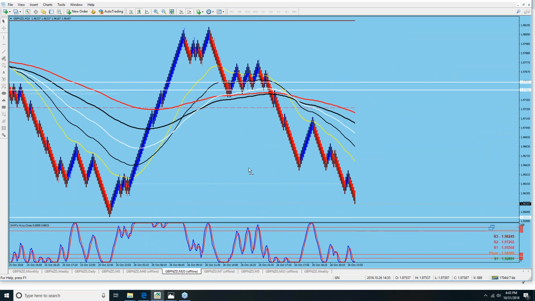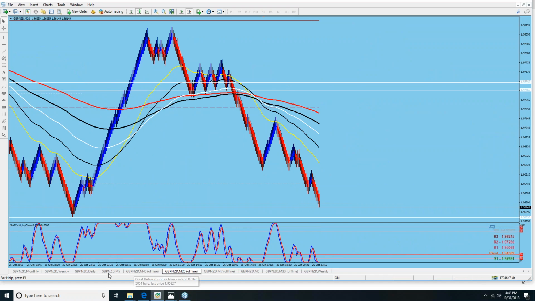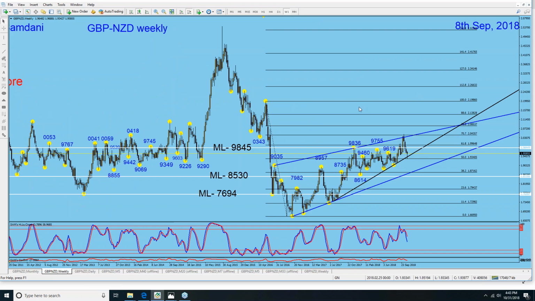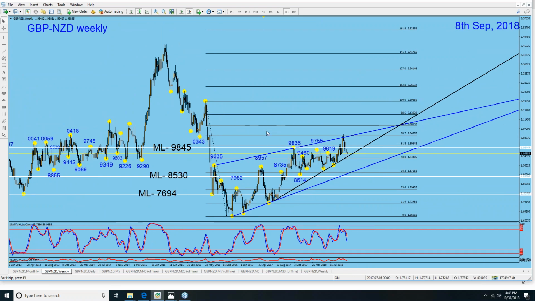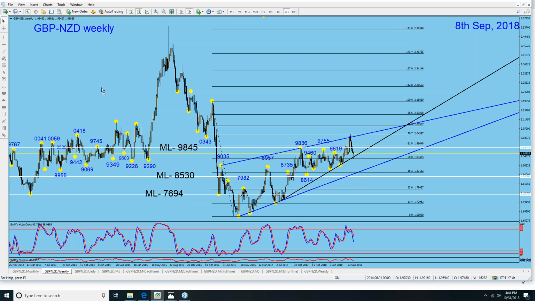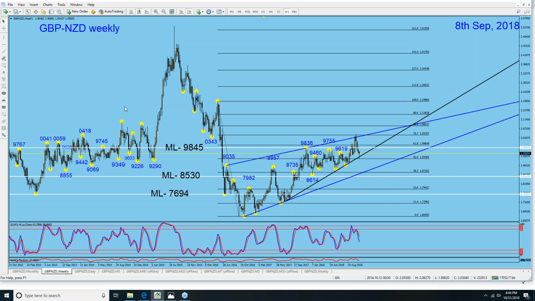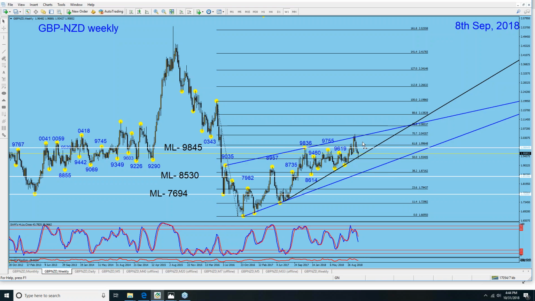Okay, this is what happened. Let me just take a look at the weekly chart first. Here we have the weekly chart, and it did exactly what I said it's gonna do. It was hitting the TL and dropping, and then the rising TL, it hit the TL and bounced. Very, very simple ping pong, right? And now with the help of pound strength, we have a more chance to go to the upside, the 61% is messed up. So if we go back up again,